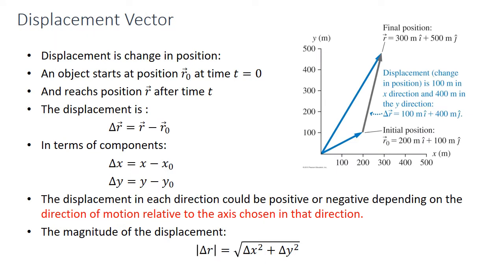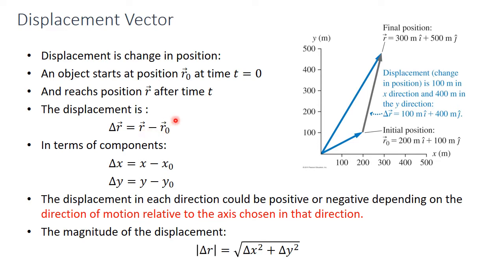The second important vector we need to discuss is, of course, the displacement vector. Motion is the change in position. So in order to have motion, we need to have a change in position, so we need to describe the displacement. As a vector, we write delta r vector is equal to the final position r vector minus the initial position